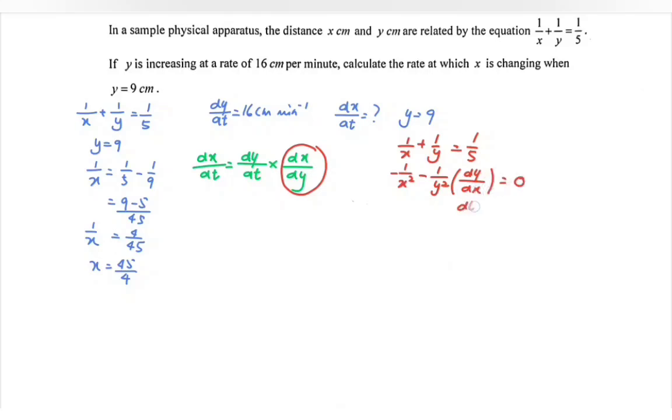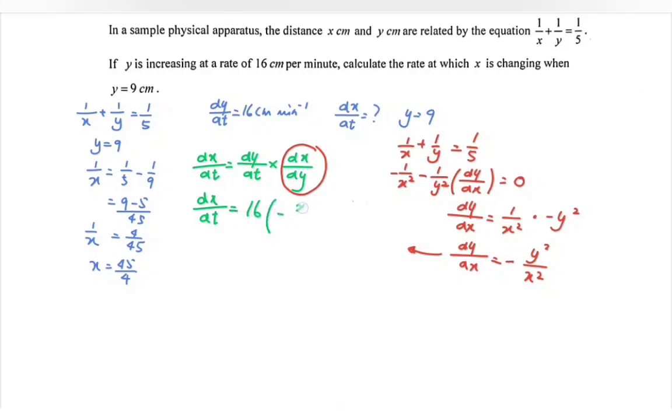Try to rearrange the situation. We have dy/dx equals 1 over x squared. If we rearrange, then do remember to multiply, so we have negative y squared. So dy/dx is negative y squared over x squared. So do remember to flip the situation. So dx/dt equals 16 bracket, negative, x squared over y squared. So if the value of y equals 9,